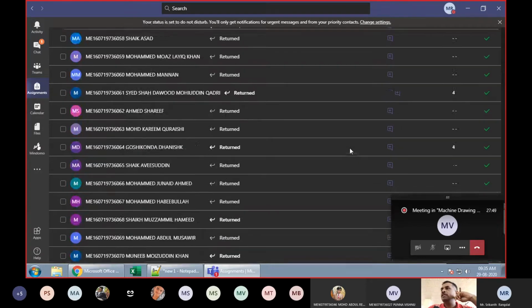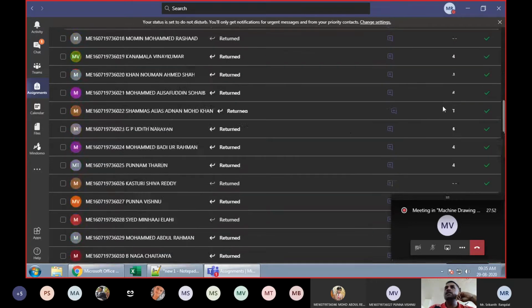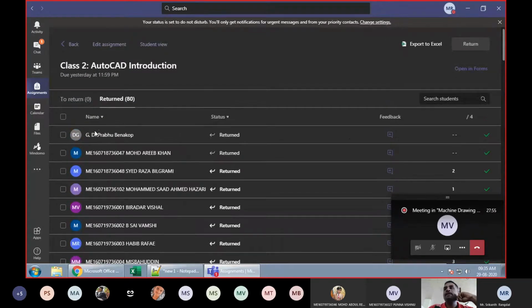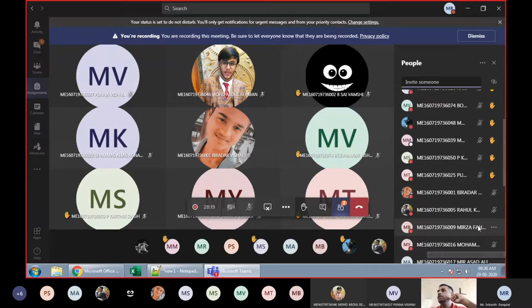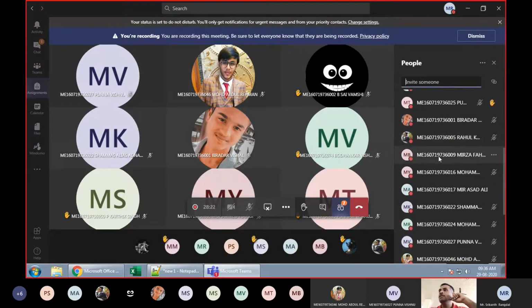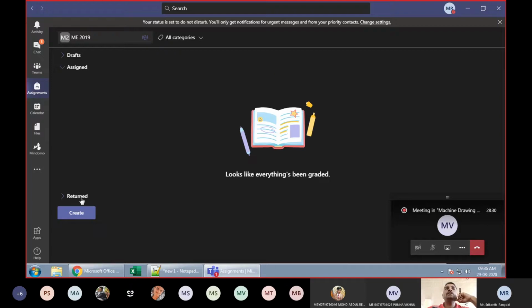Marks and all, I guess everyone has received. How many can see the marks in the assignment page? Please raise your hand. Those who can see the marks in the assignment, raise your hand. As soon as I ask you to raise your hand, you should respond. You can see around 7 members have raised their hands. What about the rest? You should go to the assignments tab, click your badge, click next, and here you should be able to see your assignment.